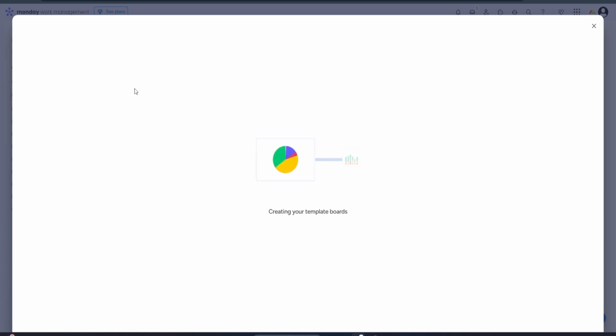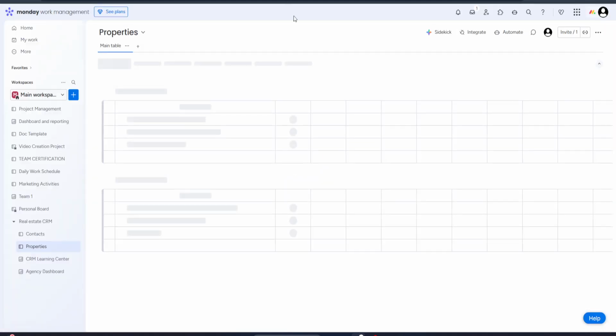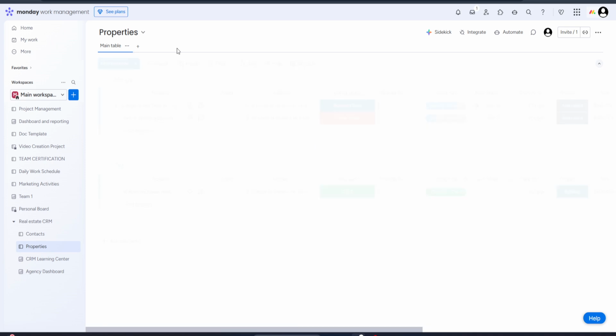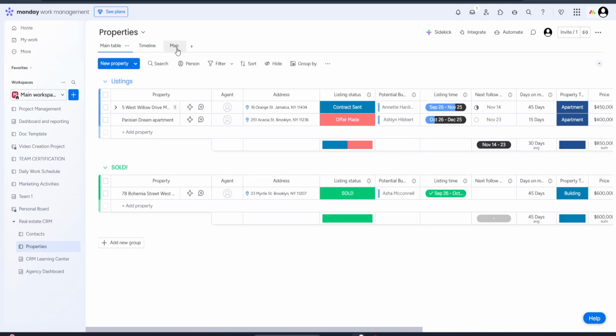By following these simple steps, you are now set up with a dynamic tool that can streamline your real estate management responsibilities. With Monday.com, managing your projects can be both efficient and effective, thanks to its tailored solutions and user-friendly interface. Feel free to explore more features and see how they can assist in your everyday